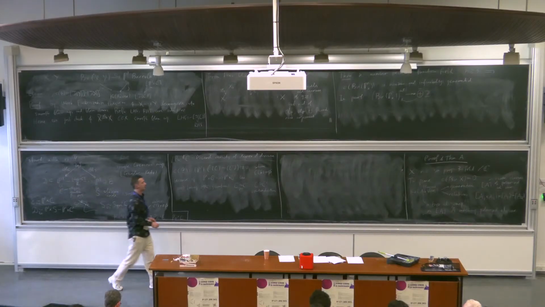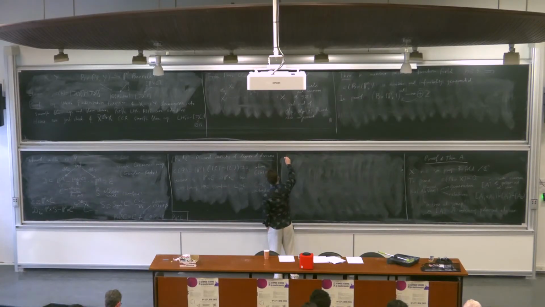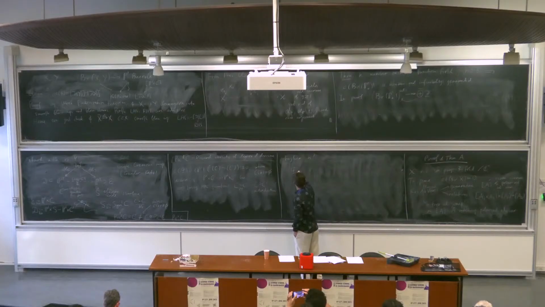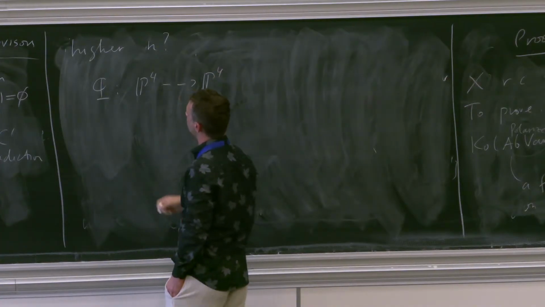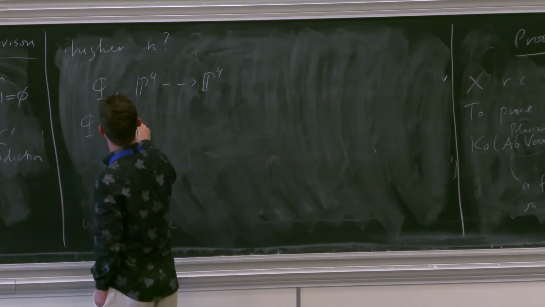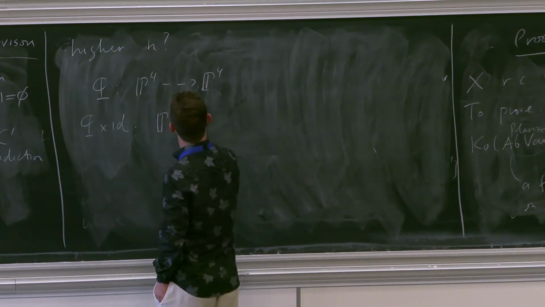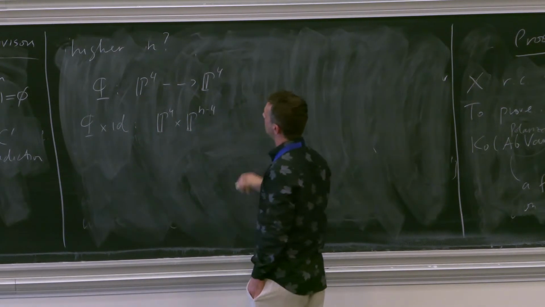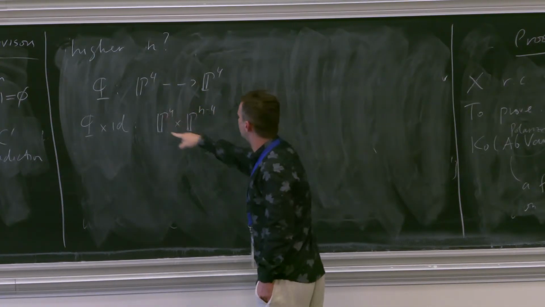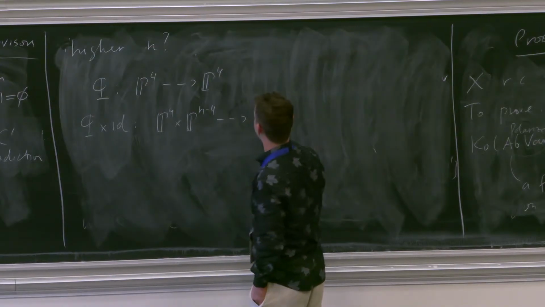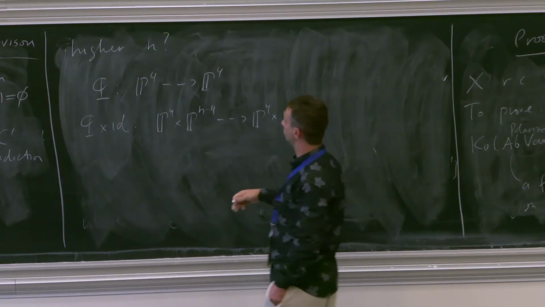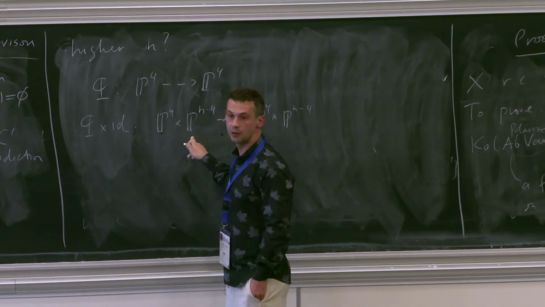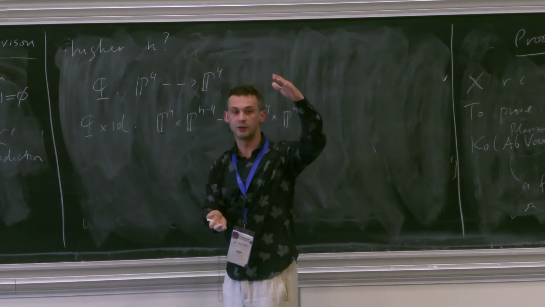And the easier case, which I maybe spell out, is what do you do for higher n? You can just take this map phi from P4 to P4 and multiply it by identity. If you want to go from Pn to Pn, you can take this model, which acts as phi here, as identity here. So doing not much, just take some kind of cylinder over your construction.